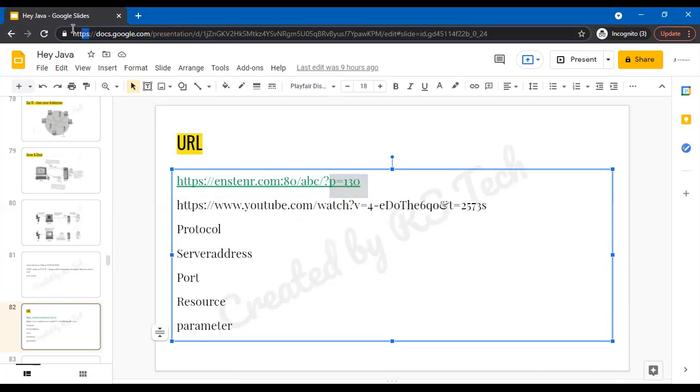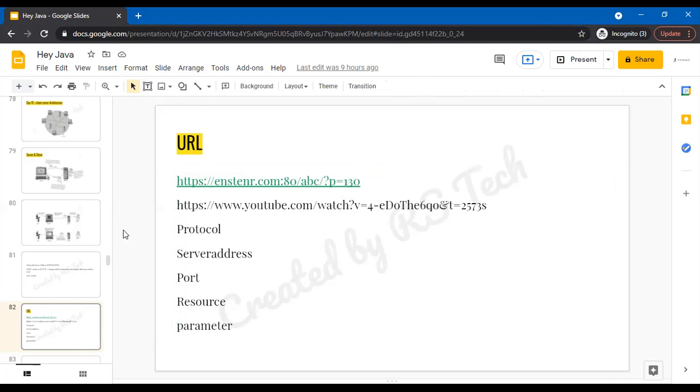You can see here the HTTPS protocol, followed by DNS, followed by port, which is 80. 80 will not be shown here. Anything other than 80 will be shown here. And these are the resources, and till here is the resources, and side equal to is a parameter. So that is a URL.